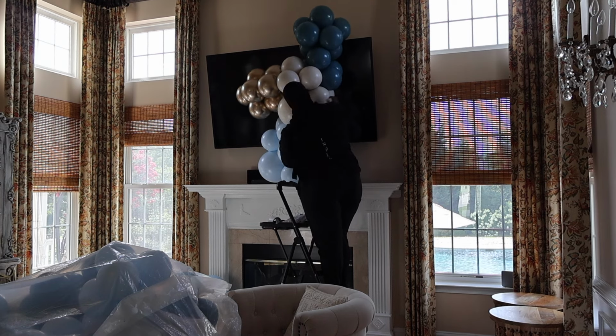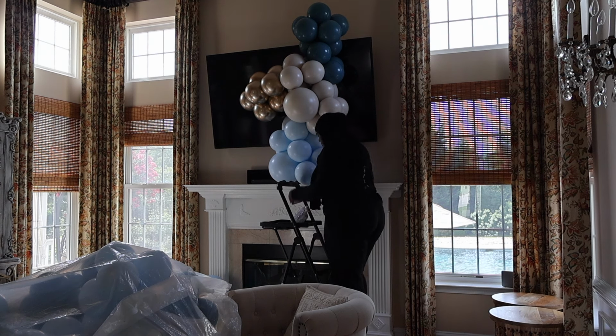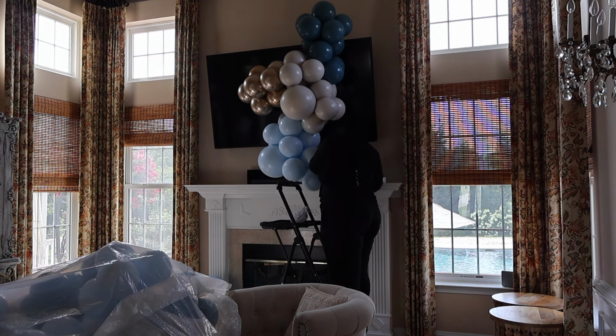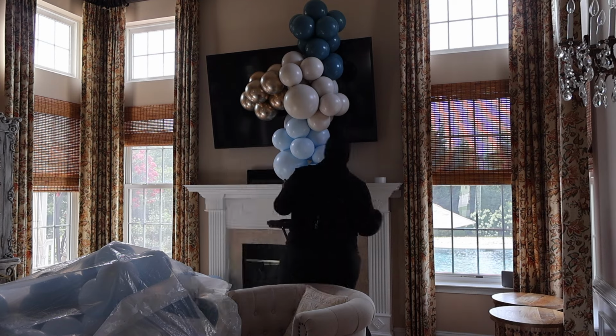I wasn't sure at this point. I didn't know what I wanted to do. I think I was just trying to do like a chunky top. I didn't know if I was gonna break it up at first or do one full piece. I think I was going back and forth in my head, but I'm just using quads of